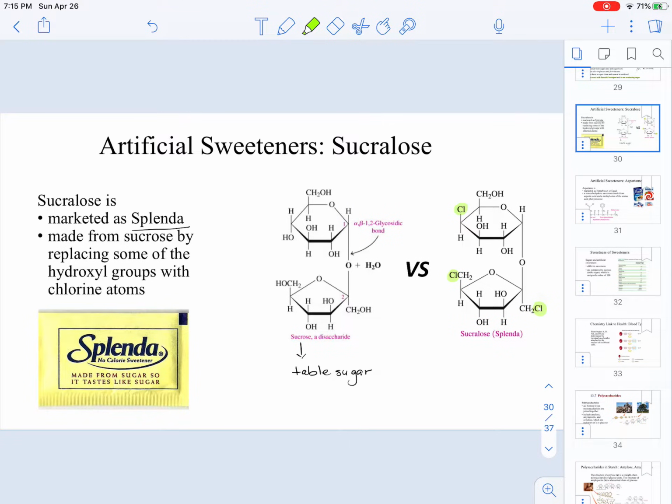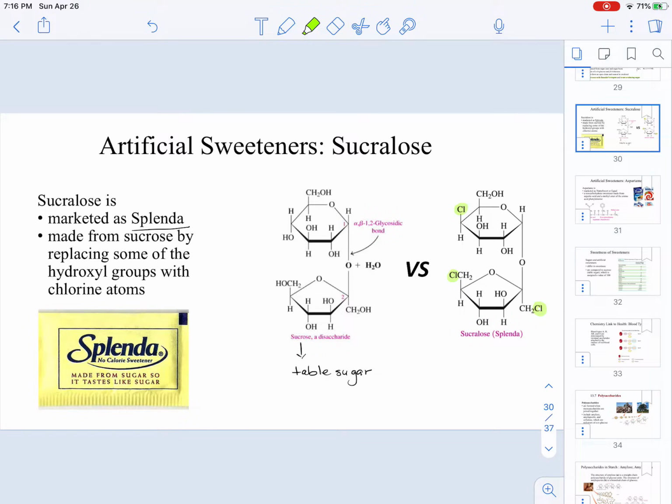In a later table, we're going to see how the change of those chlorine atoms is going to be changing the levels of sweetness for this particular molecule. Understand that artificial sweeteners are not bad to consume, but you have to do it in moderation, because it has been shown time and time again, at least no studies in humans, but in animal models, that these artificial sweeteners are actually creating addiction, and in some cases liver damage, kidney damage,